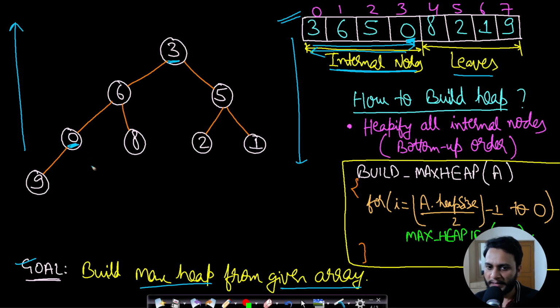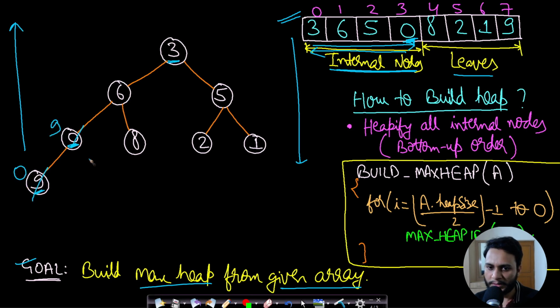Okay, now when we are looking at this node 0, then obviously this node 0 will only be having the leaf nodes because this is the last internal node, right? So we can apply the heapify algorithm, because we already know that all its left as well as right child will be a leaf, so they will be a heap. Okay, so now let's compare this 9 with 0. Since we are trying to form a max heap, therefore we will be taking the maximum element to the root. So maximum is 9, so 9 will be replacing this 0.